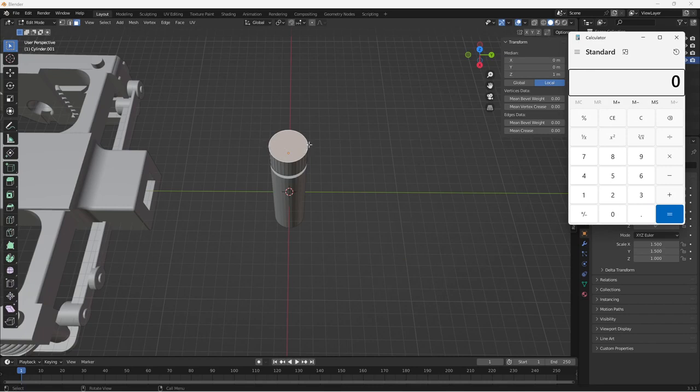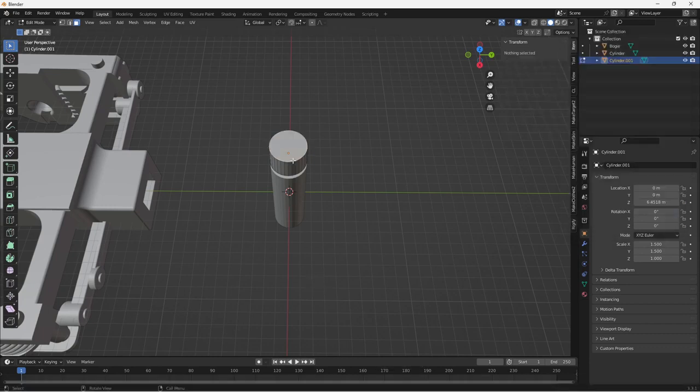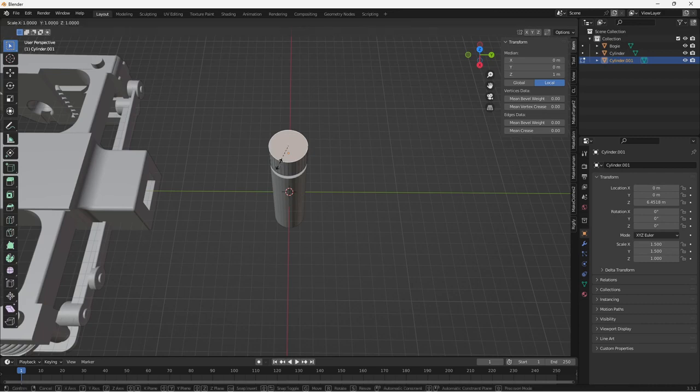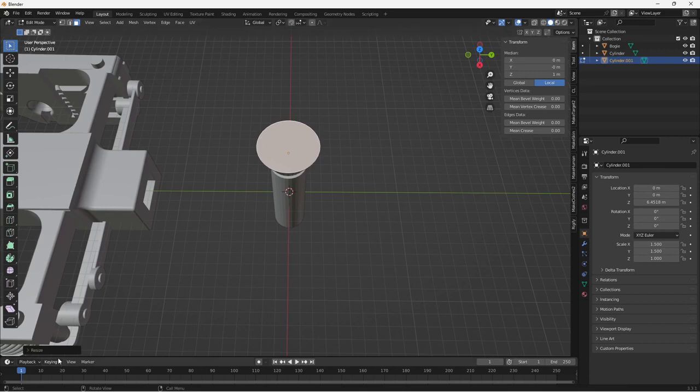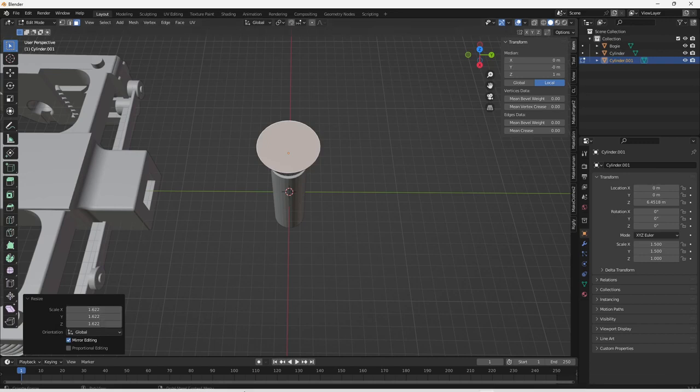We know it's 3 millimeters across, and say we wanted to go to 5.5 millimeters across. So we'll do 5.5 divided by 3 equals 1.83. So we've got to remember that number, 1.83. So what we need to do now is go there on top, we press S for scale, and we'll click on, and then we've got a resize box here, and it's come up with our, I can't remember what it was now,